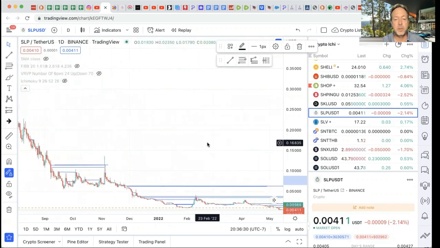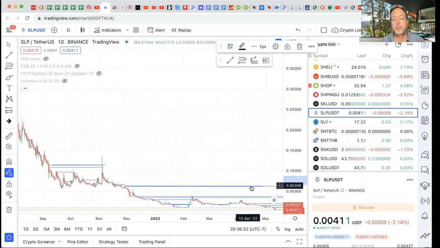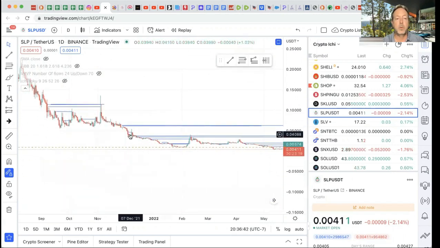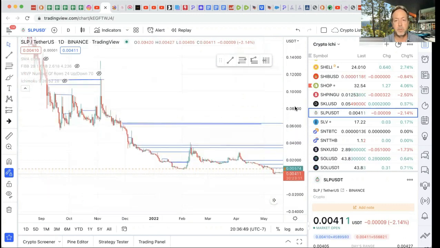All right, so here's another base right here, okay? So it should be able to get back, right? Let's keep looking here before I scroll over. There, right there, there's when it broke. Let me move this up. It broke right there and it swung up. It broke this base right here. Let me see if I can blow that up a little bit more for you guys.